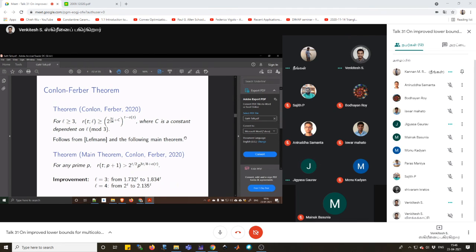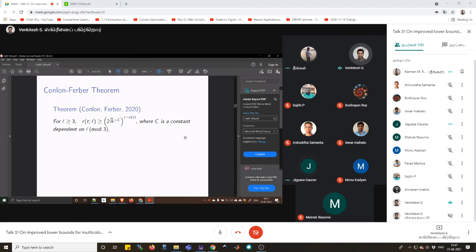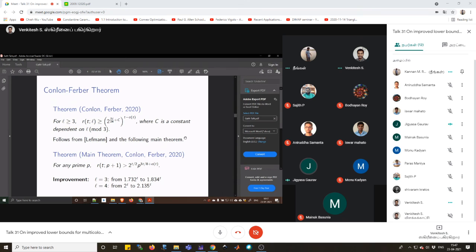Now assume the statement for t plus 1 colorings and just go back to this recursion inequality that I have, Lefmann's inequality. Using this inequality, see, there are infinitely many primes and they are spread out. So for in-between numbers, you can go to the lower primes and get a hold of that. That is what they're doing. Once you do that, more generally for L, you can write down this. So in that sense, this lower bound is slightly weaker because this works for every L. So this is not exactly the theorem statement.